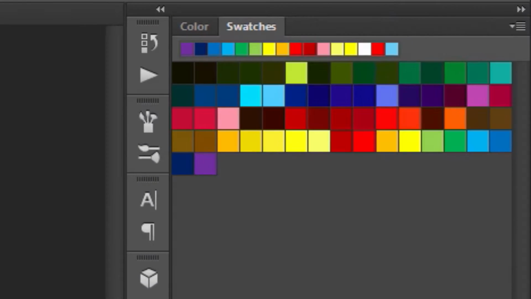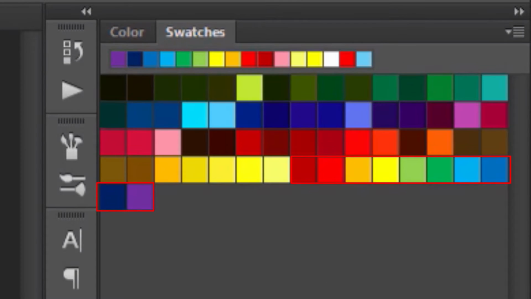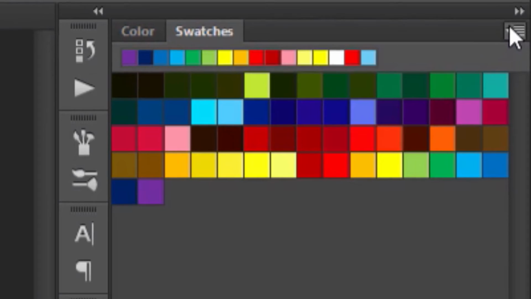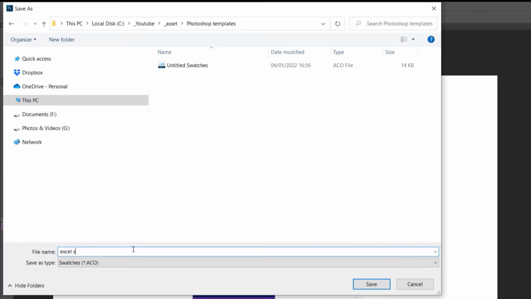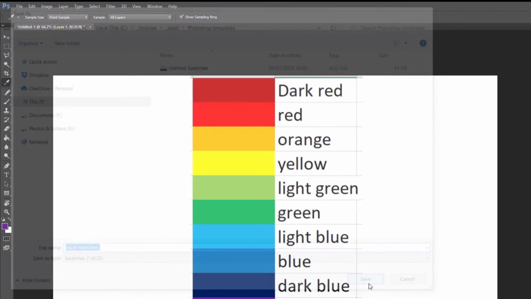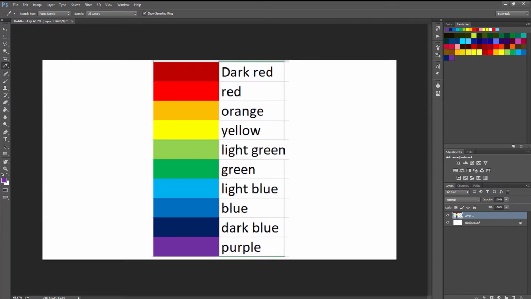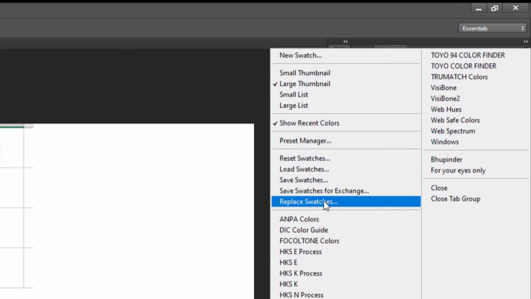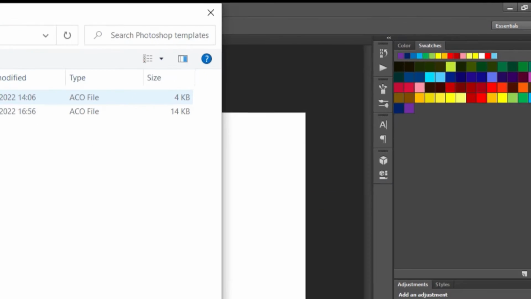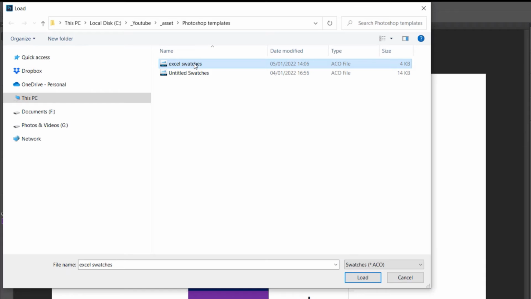Now that we have added all the colors, we got to save the swatches. So click on here and then select Save Swatches. I call the file name Excel Swatches, and then I click Save. Now that we saved the swatches, we need to open them again. So click on here and this time select Replace Swatches and select the swatches that we have just saved and